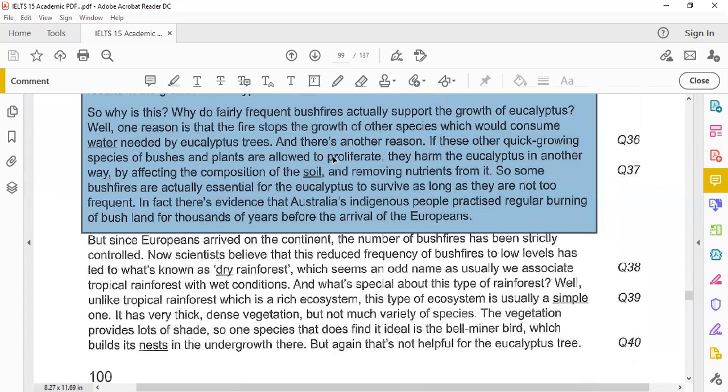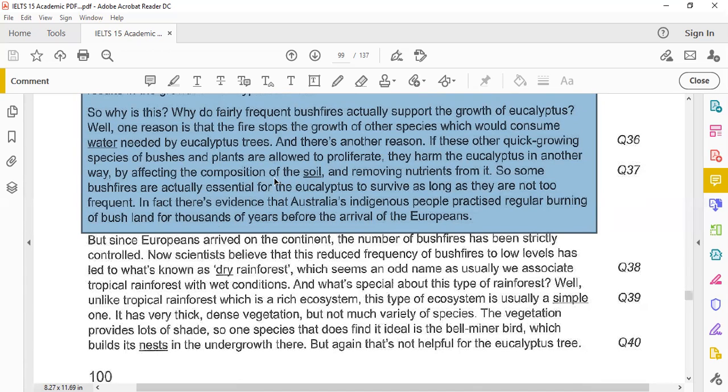So, why is this? Why do fairly frequent bushfires actually support the growth of eucalyptus? Well, one reason is that the fire stops the growth of other species which would consume the water needed by eucalyptus trees. And there is another reason. If these other quick growing species of bushes and plants are allowed to proliferate, they harm the eucalyptus in another way by affecting the composition of the soil and removing